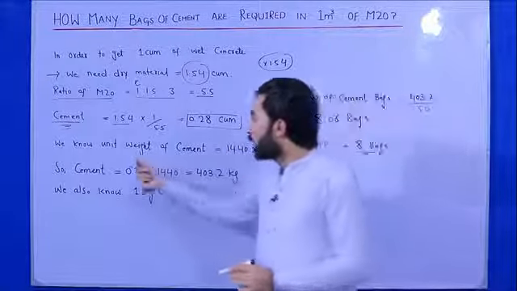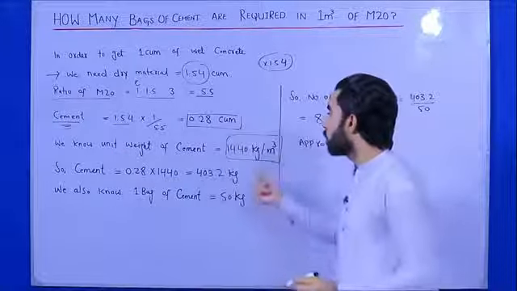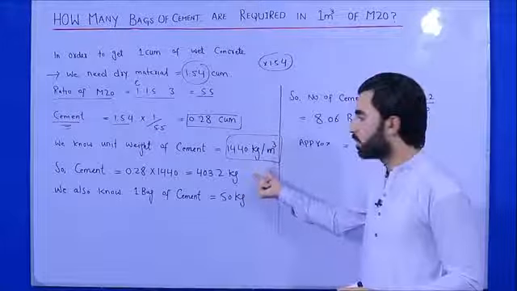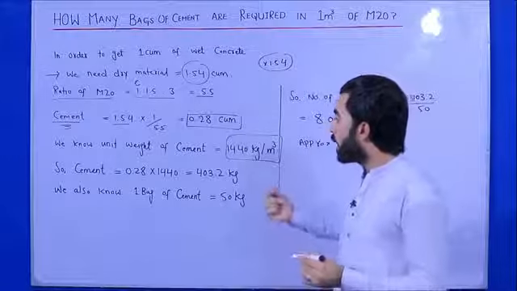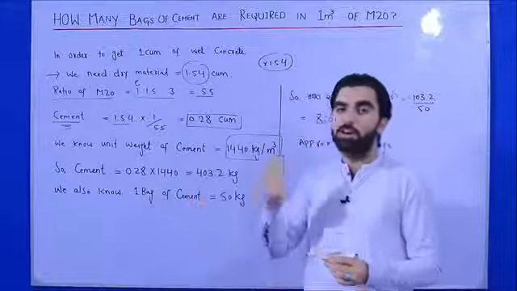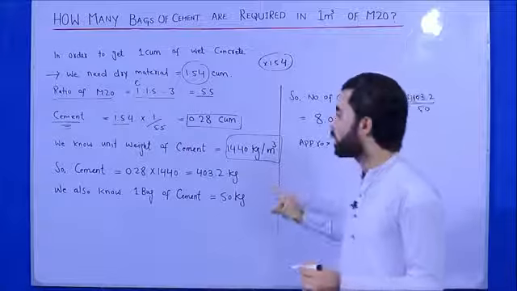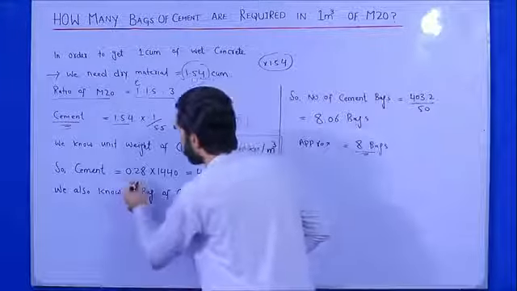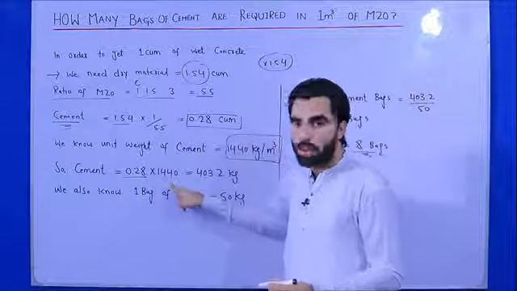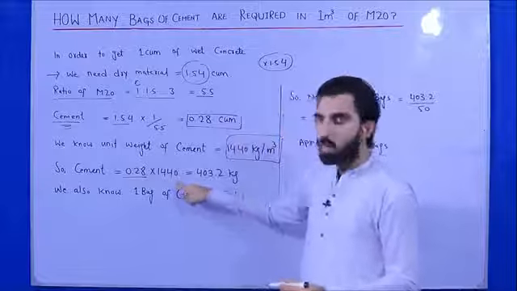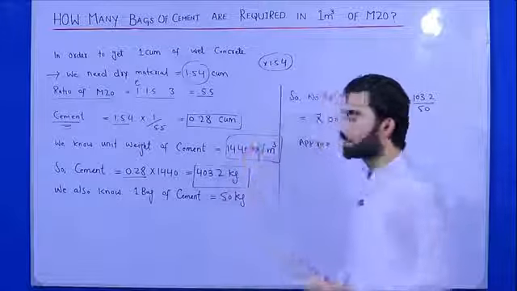Now guys, we know that unit weight of cement is 1440 kg per meter cube. This is the unit weight of cement per meter cube. Okay, 1440 kg. Now how many kg of cement is required for 1 meter cube concrete in M20 grade? So the cement volume is 0.28, multiply density of cement or unit weight of cement, which is 1440 kg. So now guys, we require 403.2 kg cement.